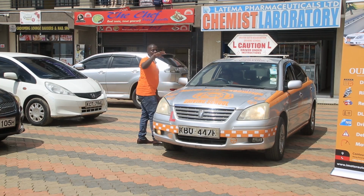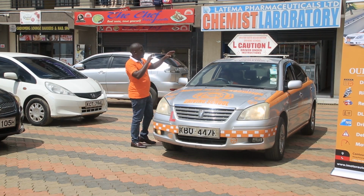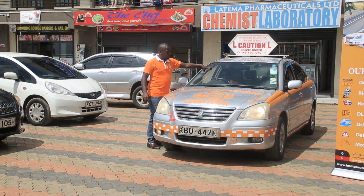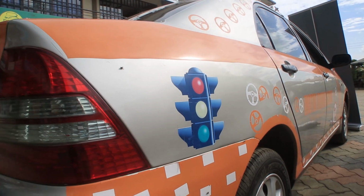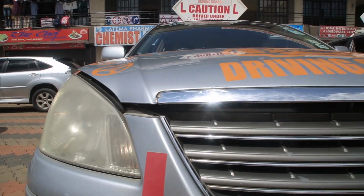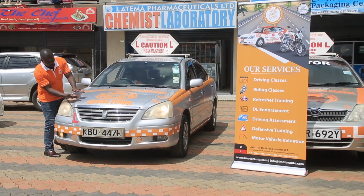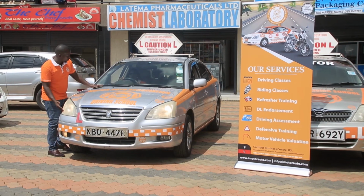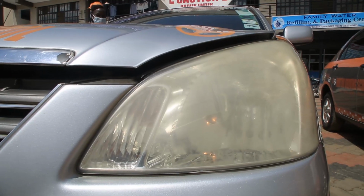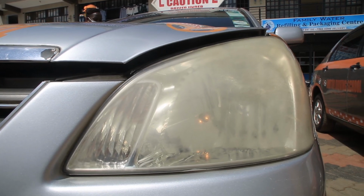So in case you're driving a vehicle in a two-way traffic halafu umeweka full, utakuwa unamulika dereva mwingine hapa, and chances of you having a head-on collision, chances of you misleading the other driver is equal to 100%. So when you're facing an oncoming traffic or when you're driving on a busy road, tumesema unafaa kuweka dim, sababu dim inamulika hiyo gari nyingine kutoka hapa kurudi chini, lakini full inamulika hiyo gari nyingine kutoka hapa kurudi juu. Na dereva mwenye anaendesha gari, kama unamumulika, ni kama mulikwa tu chini na torch,